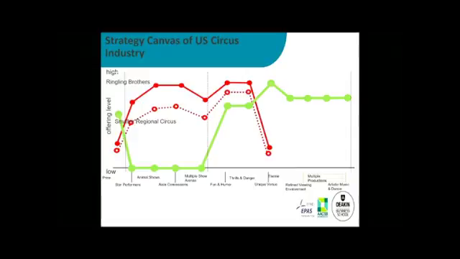Ringling Brothers is a US circus that tours internationally. The green border, where have I written it on this? It should say it anyway. It's Circus Oz. Yes, I haven't written it on there. That's silly of me. And then we've got little regional circuses, just little mini ones that tour around a local area. So along the bottom there, you can see we've got a whole range of dimensions, and the vertical axis is just quantity or strength, if you like. And you can see that the Circus Oz is in some free space, and this is the most important thing.